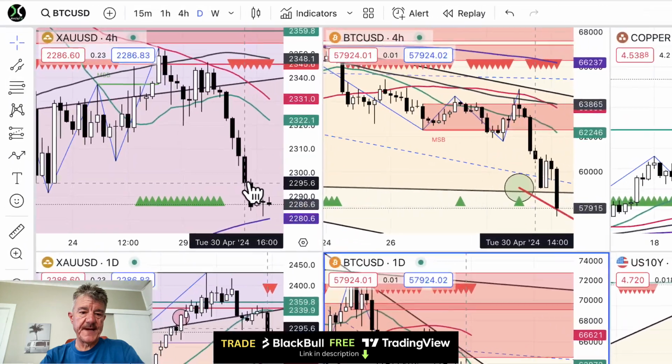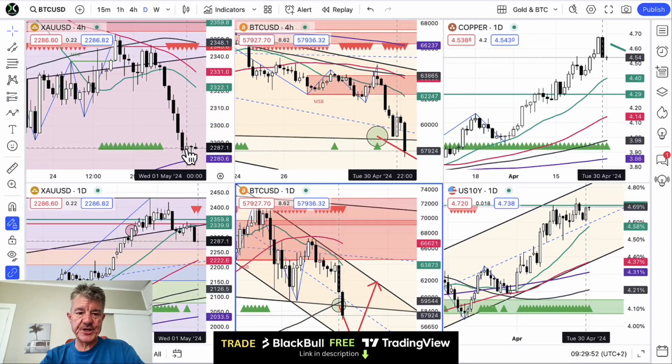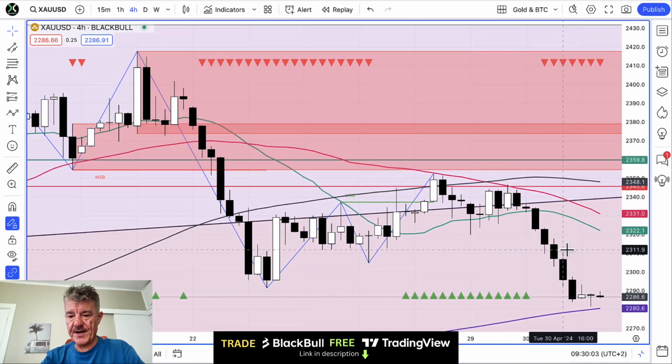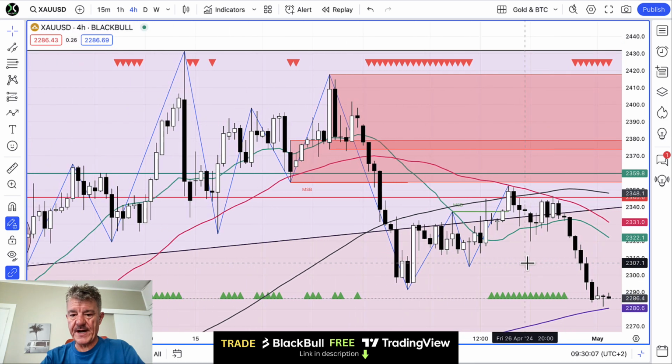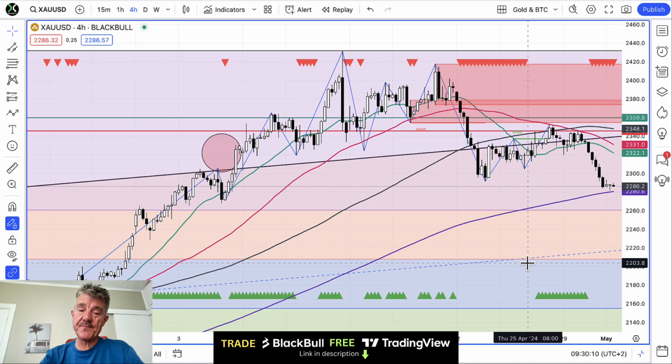Gold's trying to form a bottom here. We've had 7 or 8 candles on the 4-hour chart. We've got a 1 up, 1 down here on this 4-hour chart. There's the 1 up, 1 down. And there's the 200 period moving average on the 4-hour chart. So it's a good support area, bearing in mind we've got the FOMC later, which will affect gold as well as stocks.